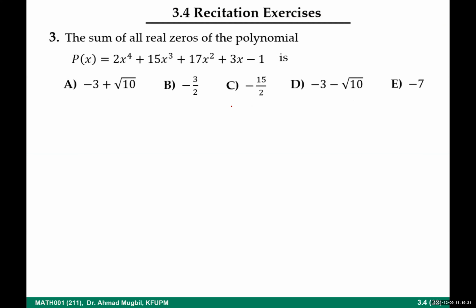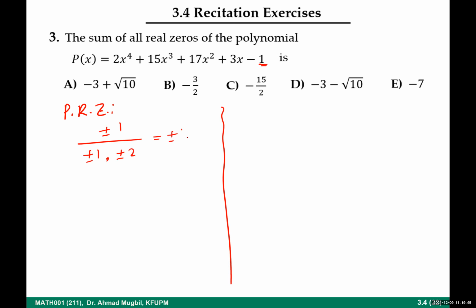The possible rational zeros are 4. Look at the leading coefficient: positive or negative 1, divided by positive or negative 1, positive or negative 2. So what is it? Positive or negative 1, positive or negative 2. These are the possible ones. Okay. Of course, you have